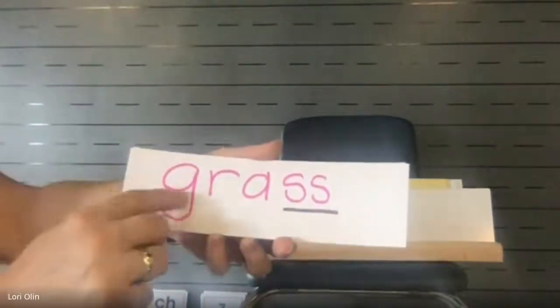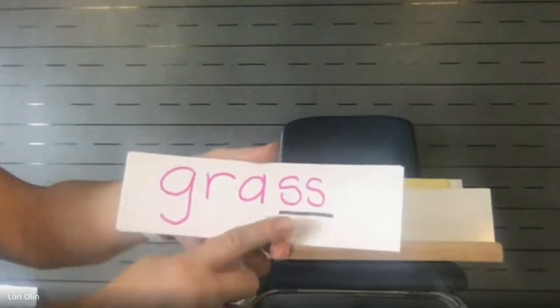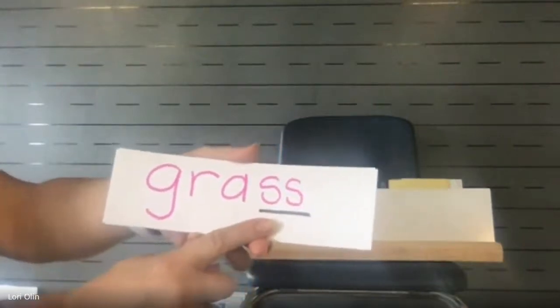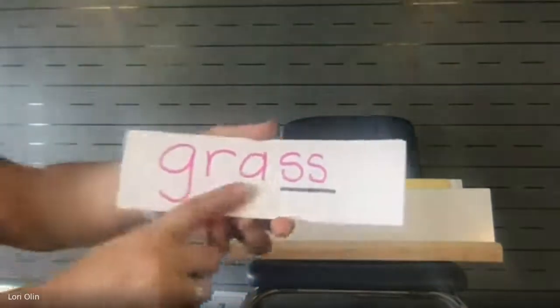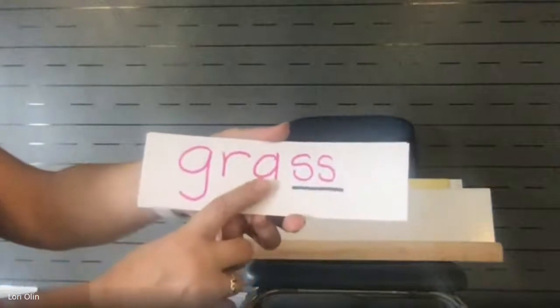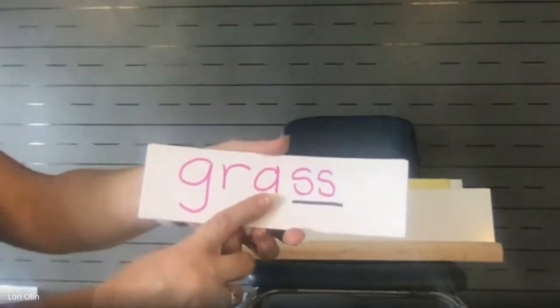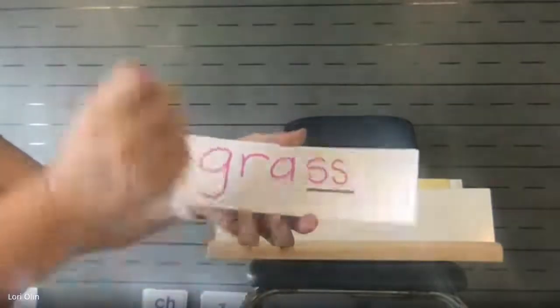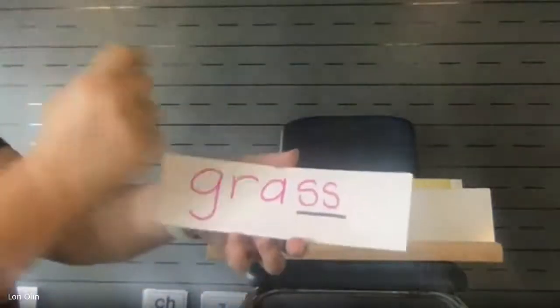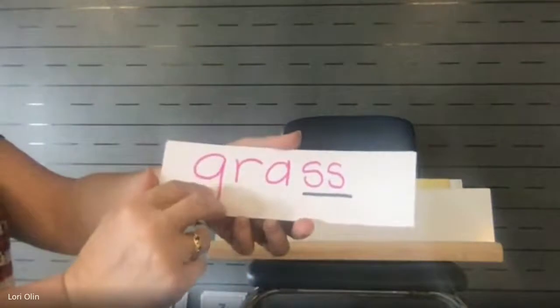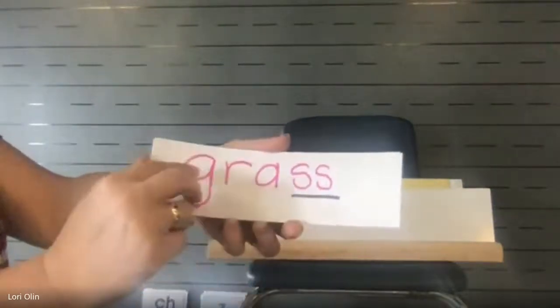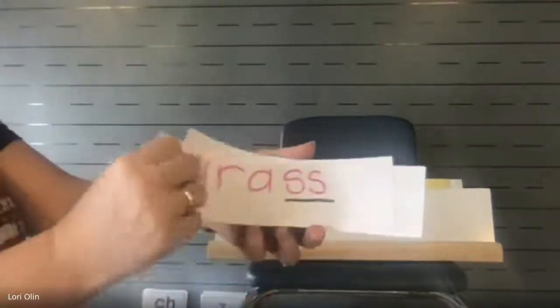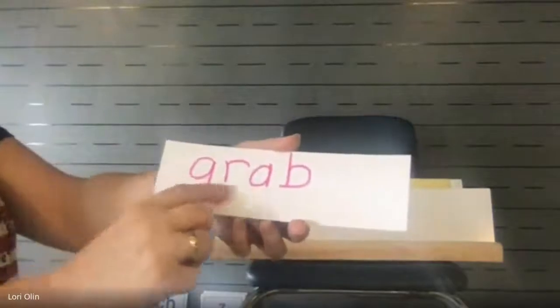More of our floss rule. At the end of a one-syllable word after one short vowel, you double the F, L, S. Oh, there's an S. I need to double it. I need two of them. So here's the word grass. Here's grab,